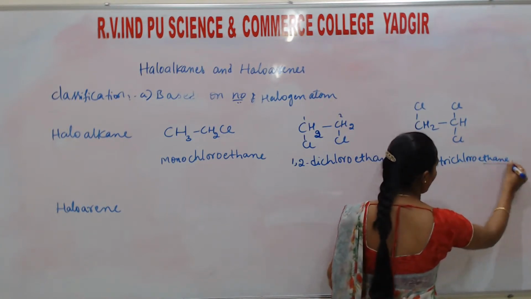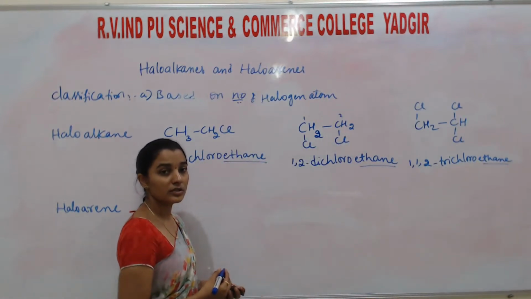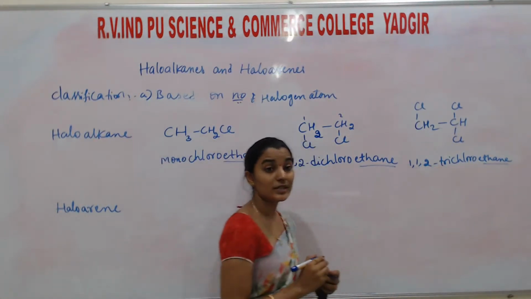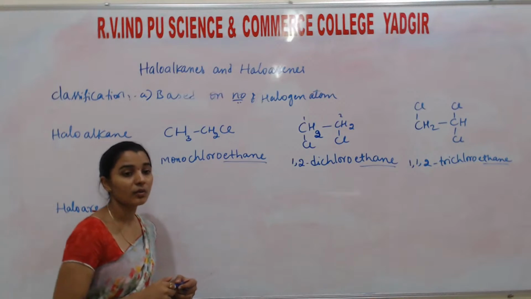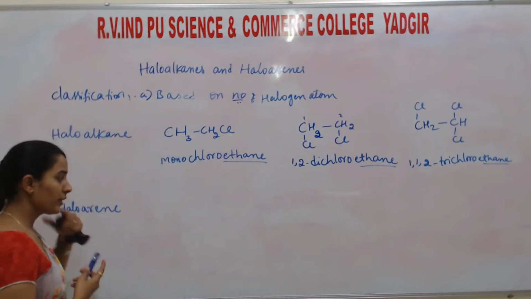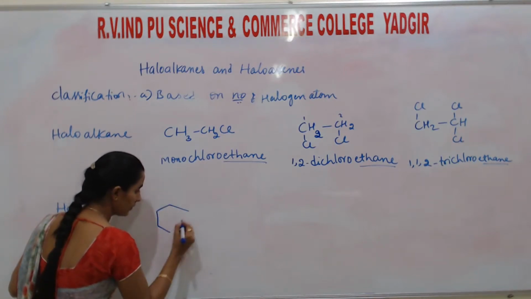Okay, friends. In all these things, the parent chain ethane remains the same. Only the thing that changes here is monochloro, dichloro, trichloro. This is one type of classification based on what? Halogen atoms. This is in haloalkanes. If we consider it for haloarenes, if this is a benzene ring,